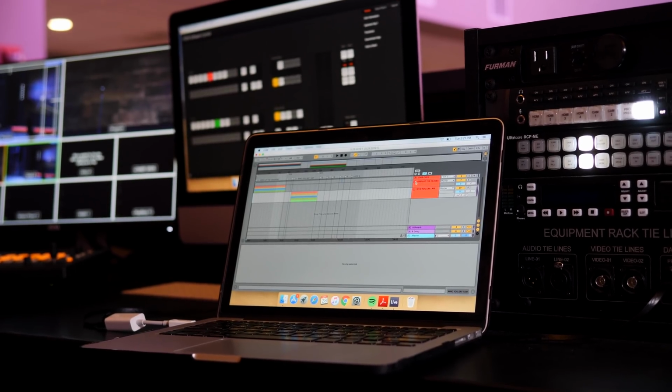Our setup here, super proud of our Dante setup. It actually saves us a lot of time and money because we're not spending time having to set up extra cables and money having to buy extra DIs, and all that stuff is just right over the network,